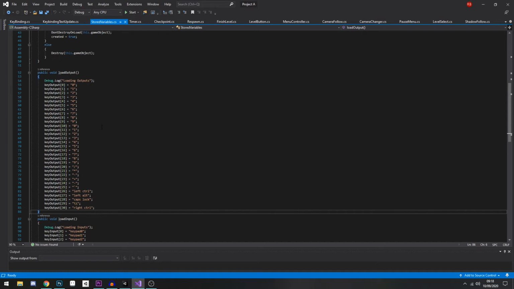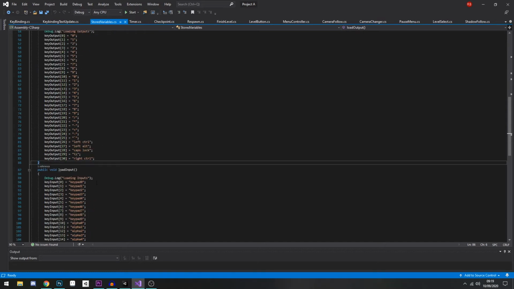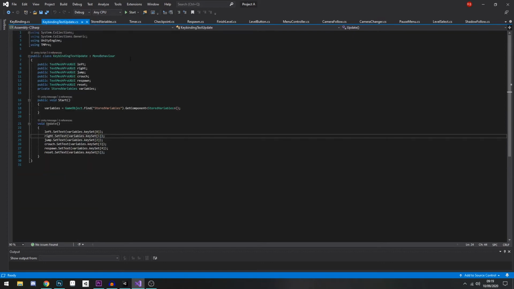For just normal letters and space, the only difference between the input and output is uncapitalizing it, and that works as the output. So it just converts the string to uncapitalized, done. So first, the little key binding text update, this just pulls the text for every key. If we jump into Unity,